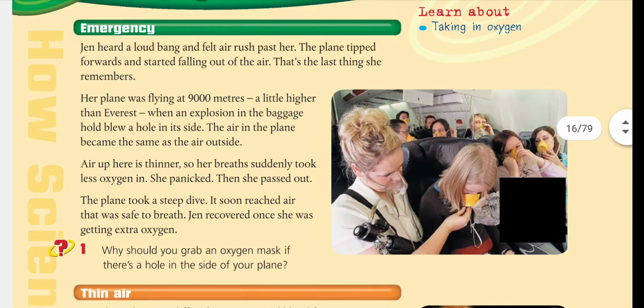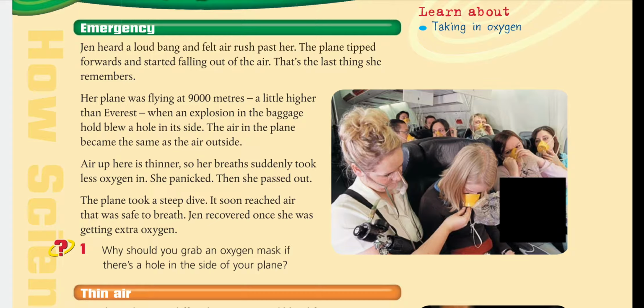If you're speaking about any case of emergency, such as a hole in a plane while you're traveling to a place, we can say that the travel is at a high altitude. This altitude means that you are increasing your height above the Earth's surface, which means the amount of oxygen becomes less. So people can suffer a little while they travel because the amount of oxygen they get is not enough for them to breathe.